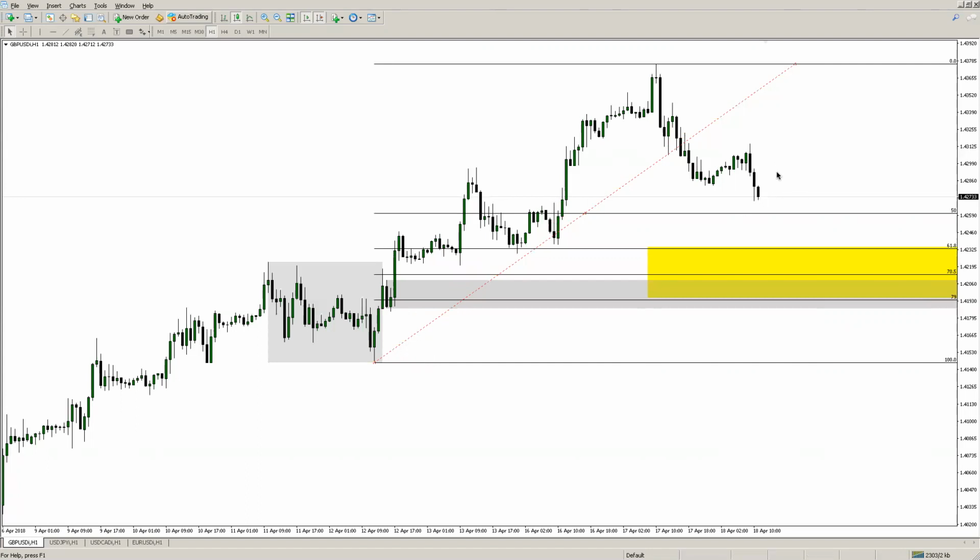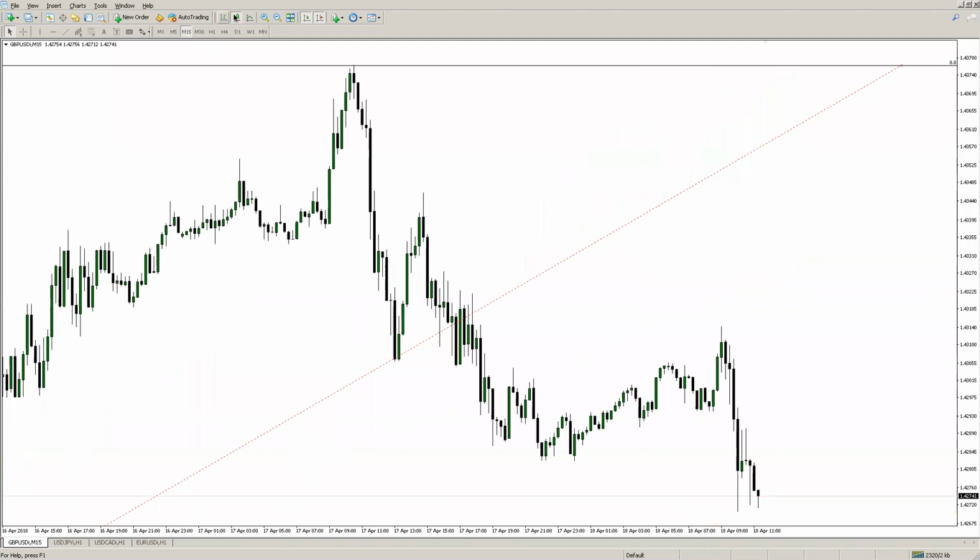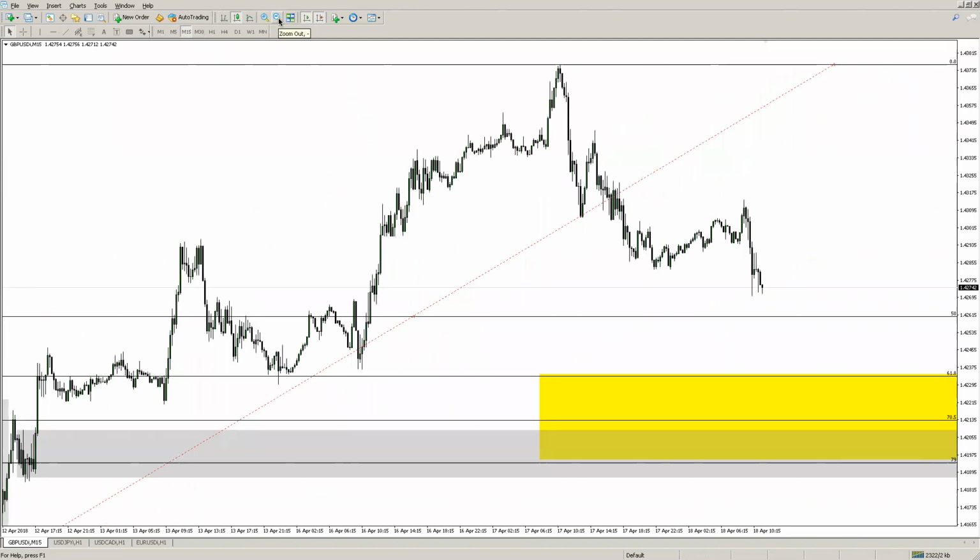They think, when the market's trading right into it, that you have to enter right away. For my particular strategy, I like to wait until I get the confirmation before I enter. So all of this is going to make sense in just a second. If we trade into this yellow box, we know that it's the 4-hour optimal buying levels. So now if we look on a 15-minute time frame,